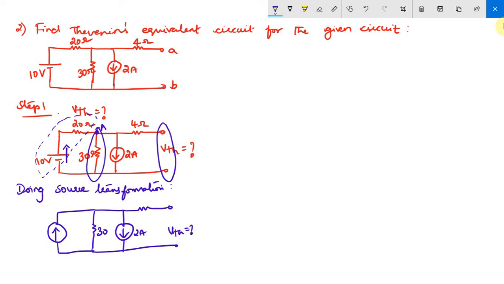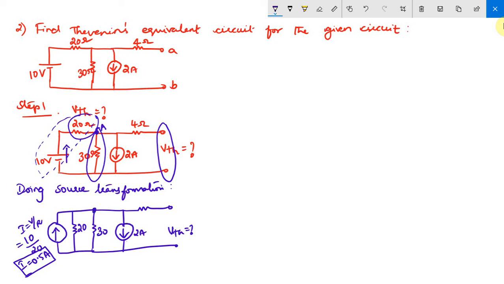And what about the source resistance? Always the source resistance will remain the same. What is the source resistance here? It is 20 ohm. So here also it's going to be 20 ohm. And what is the magnitude of the current source? We know I is equal to V divided by R, right? So here what is the voltage V? 10 divided by the source resistance, which is 20. So what is I then? I is equal to 0.5 ampere. So the source current magnitude is going to be 0.5 ampere, the direction is going to be upward, and the source resistance is 20 ohm, right?